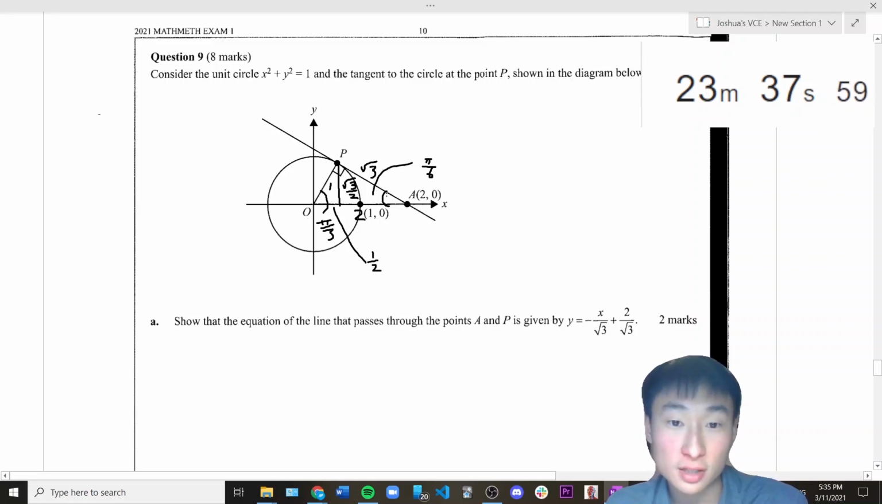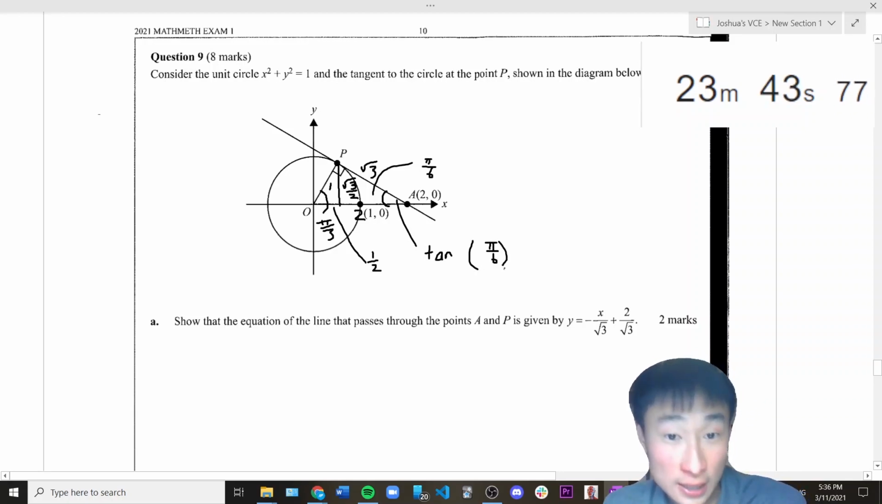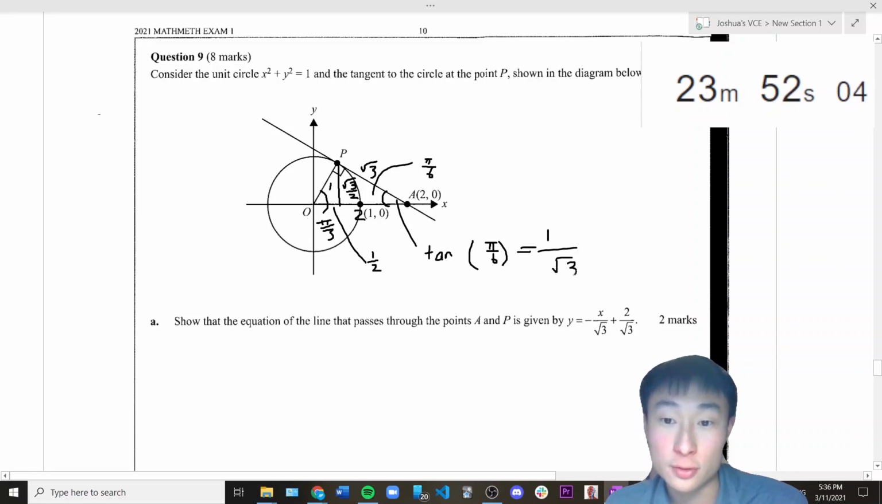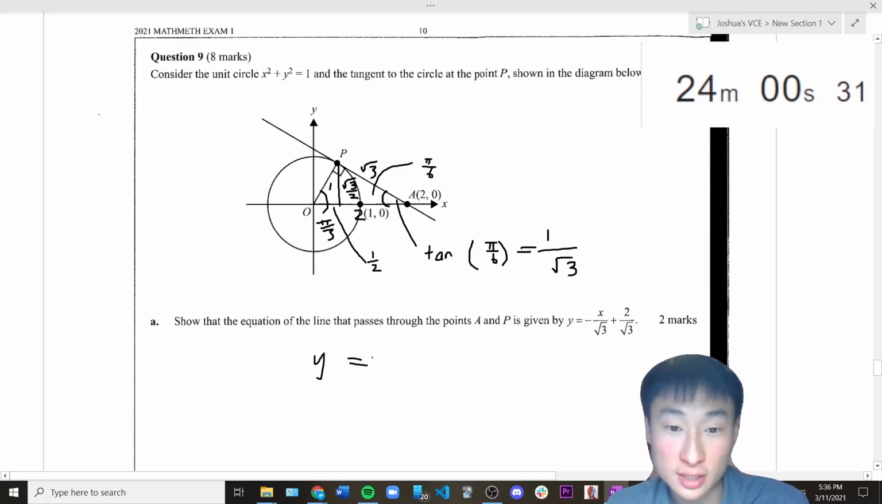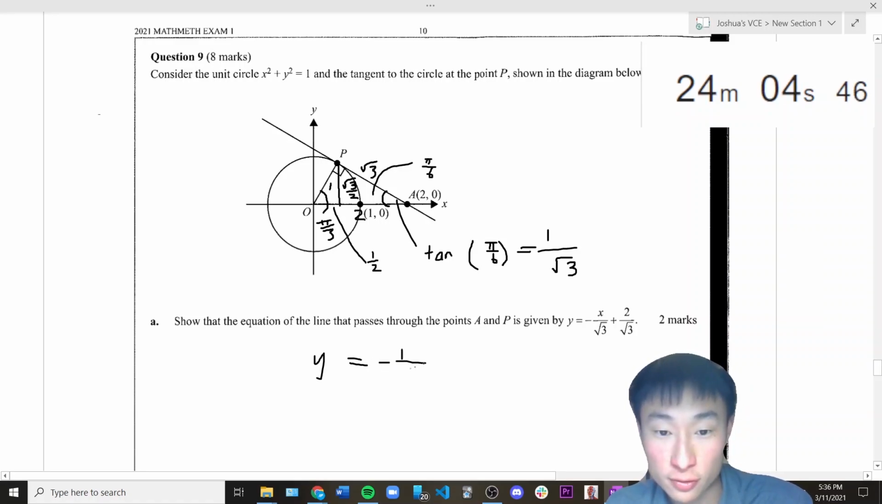Actually, I'm just going to use the fact that this is pi over 6. So tan pi over 6, and then I'll make it negative. What's tan 30 degrees? That's sine 30 degrees over cosine 30 degrees, 1 over half times root 3. That's 1 over root 3. So this gradient is actually negative 1 over root 3. So you have that point. So you have y minus 0 is equal to negative 1 over root 3